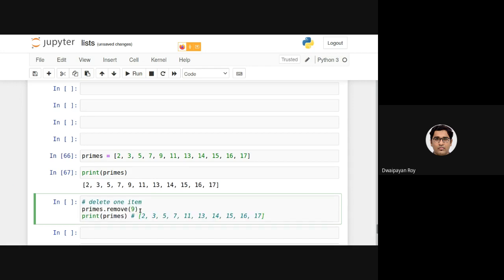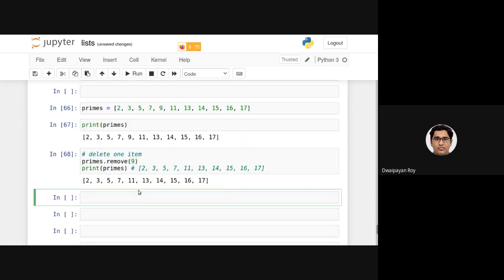Now this statement will be removing this 9. As you can see, the resulting list does not contain the 9 anymore: 7, 11. Another thing to point out is that this remove function changes the existing list. It actually deletes an item from the existing list.